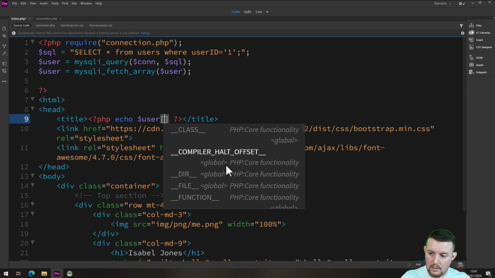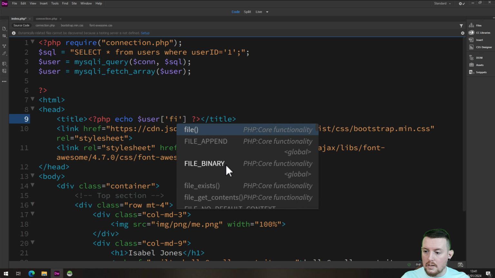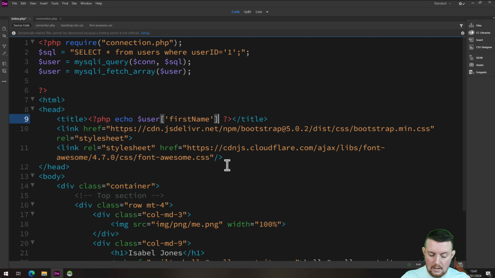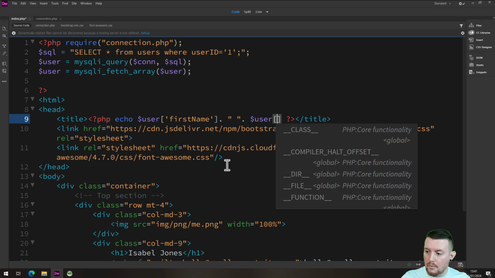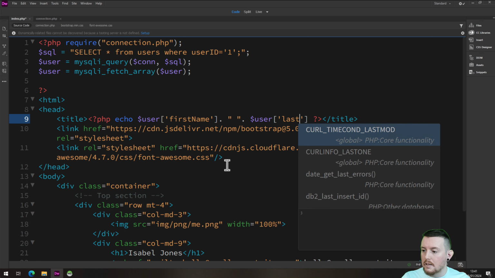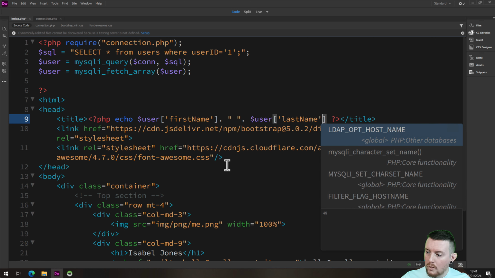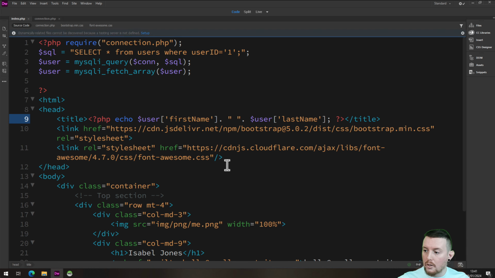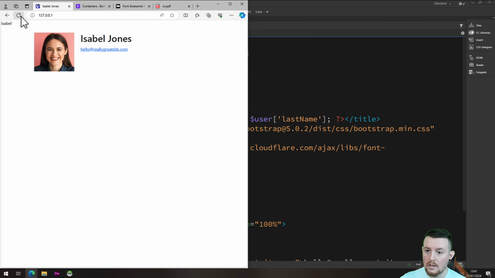I want the row, which is first name, and I want to add to it a space. I want to add into it $user and put in place last name. And once all of that is completed and I semicolon it and save it, if I refresh, it still says